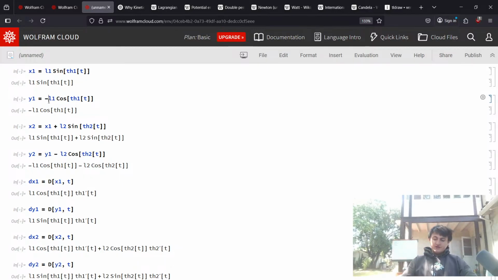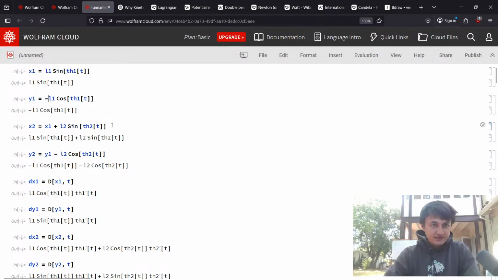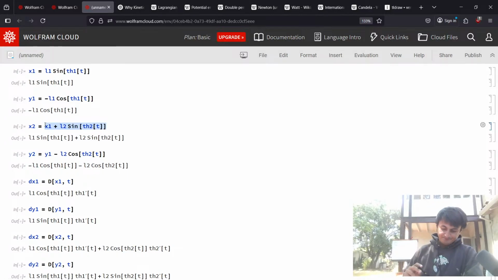So if we want the potential, then it's going to be mgh. It's going to be m1 times the force of gravity times delta y 1. Okay, so there's how we get that. And now we can see here, this is nice. Okay, right. And then for the second pendulum,